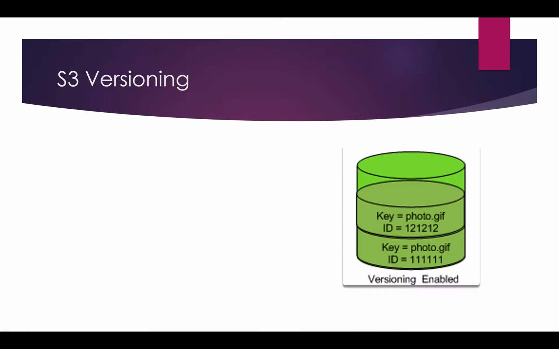Okay, S3 versioning. Versioning is nothing but multiple versions of an object in the same bucket. You know what a bucket is. Now you uploaded an image to S3. By default the versioning feature is not enabled, so you need to enable it. If you enable versioning, it will keep multiple versions. If you keep uploading the same file, the last modified time will change. Even so, once you enable versioning, however many times you uploaded, that many versions it will maintain.